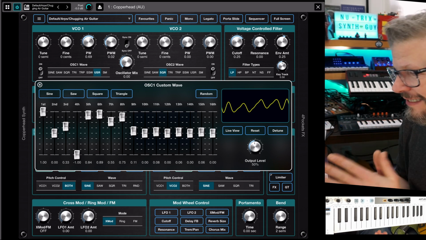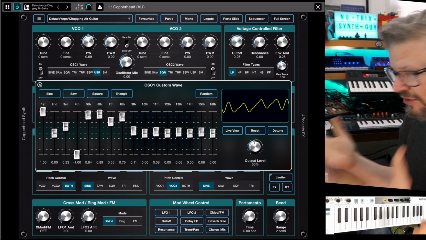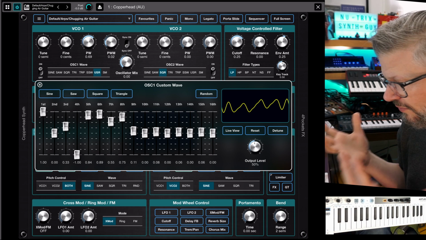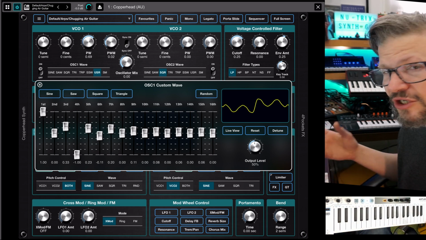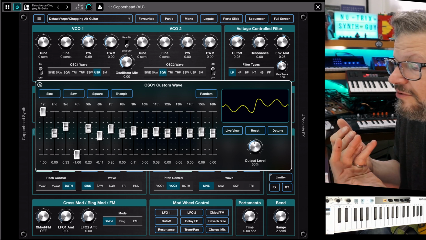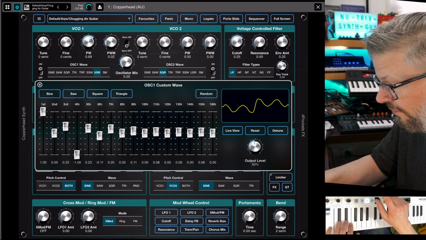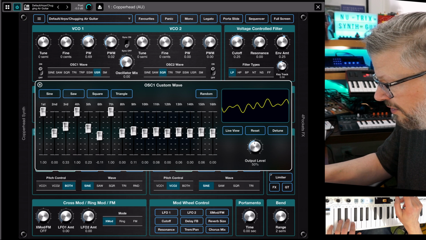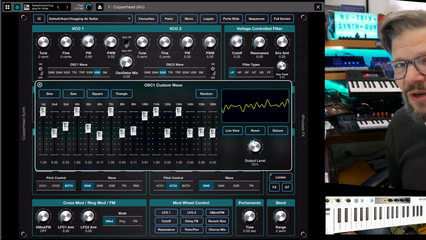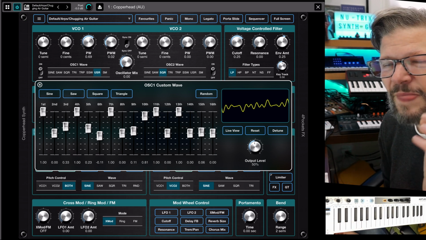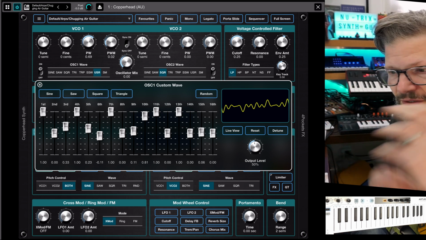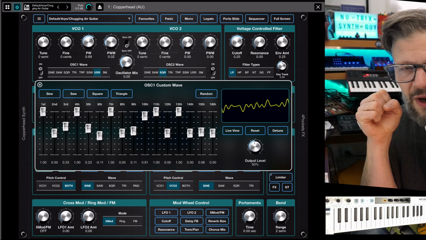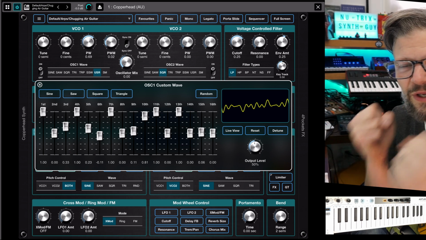This is massively powerful. It sounds simple when you think about it, but if you look how powerful this is, really all the other shapes that you don't have, you basically can draw them here. Complex waveforms, not by drawing, but by harmonic content, which is also very logical in a way, because when you draw stuff, let's say with a pen on a screen that say, okay, this is going to be my oscillator shape, you can create stuff that is